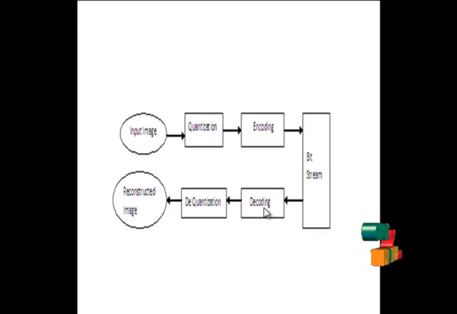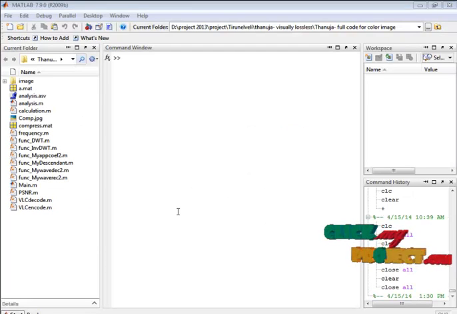After extracting the coefficients, they will pass to the dequantization. In dequantization, the inverse transform will be taken, so the coefficients will be reconstructed as an image. After reconstructing the image, we get the final result. For the final result, we analyze the compression ratio, PSNR and MSE values, and bits per pixel values. Now let's see the demo for the process.